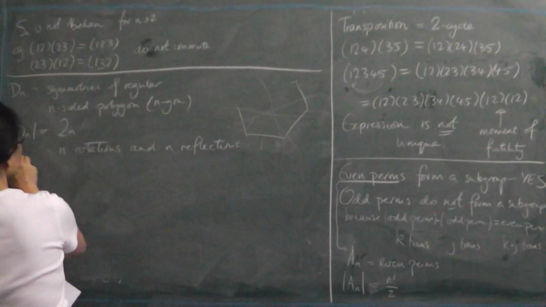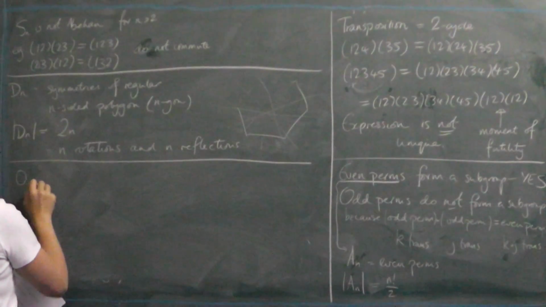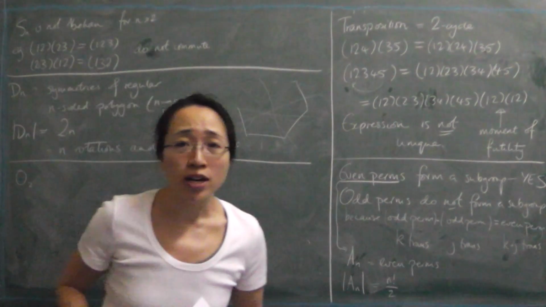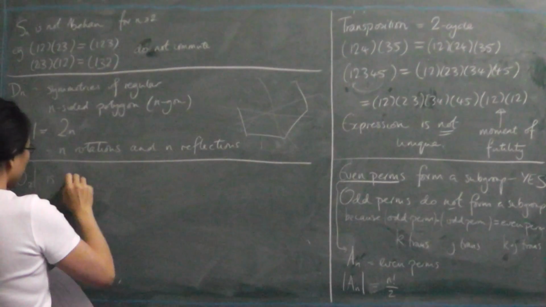Right, what's the next example? The next example is O2, the group of symmetries of the circle. How many elements are there in O2? Well, O2 is infinite